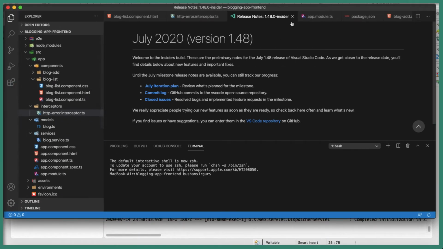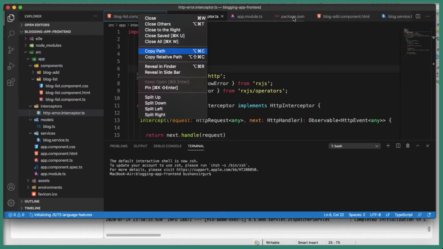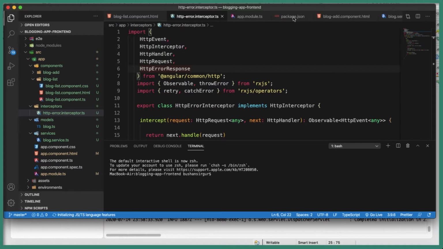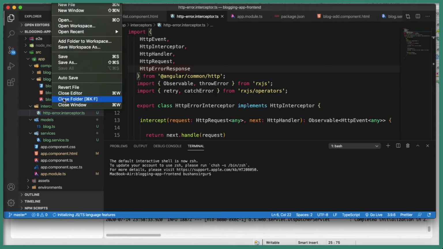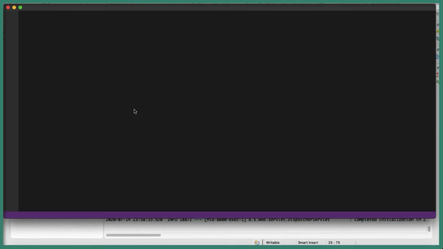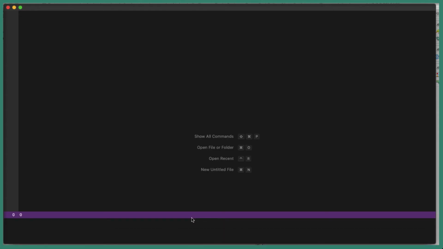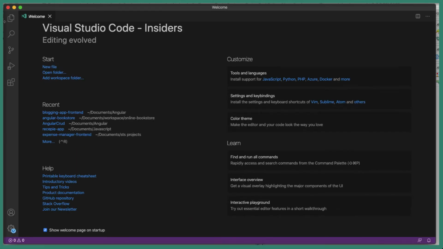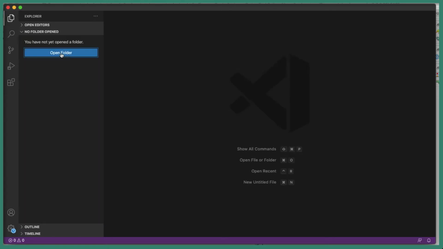Now it has been updated to the latest version. Let me close that as well. And before that, let me close the folder or the project which I had opened earlier. And now let's go to the Explorer and click on open folder